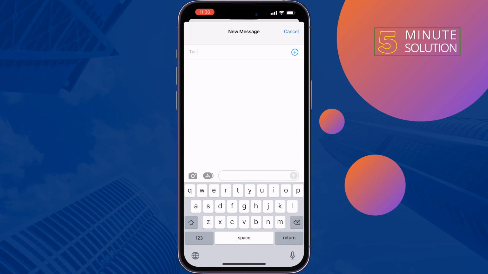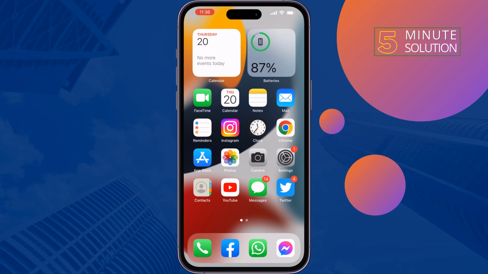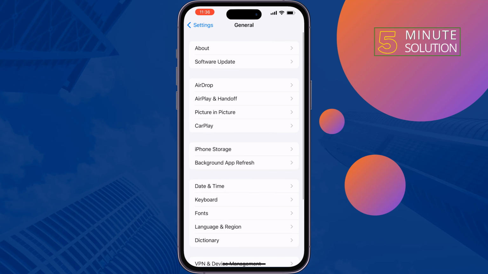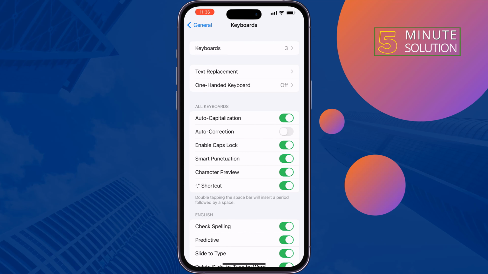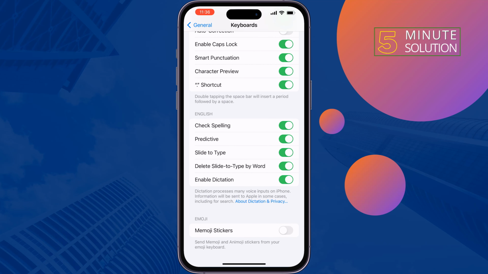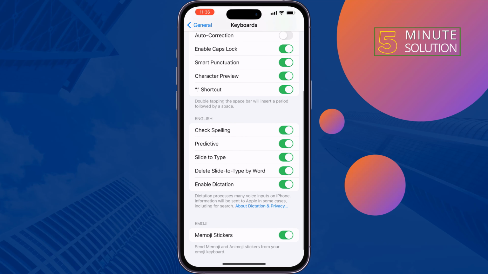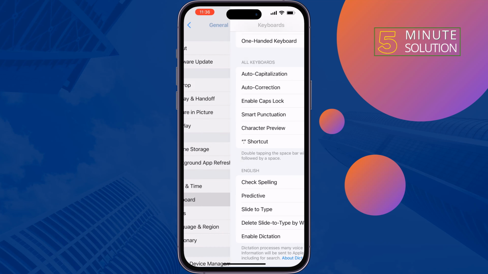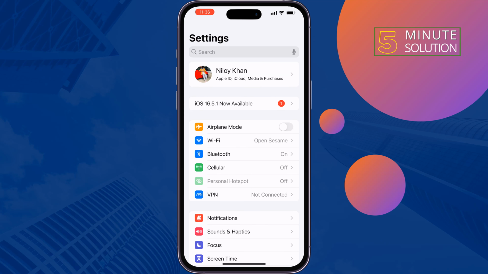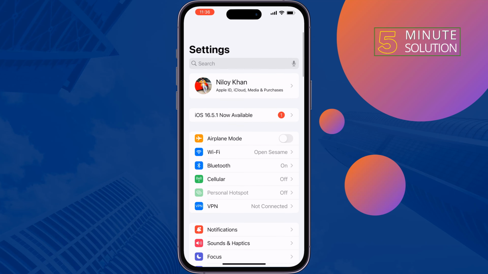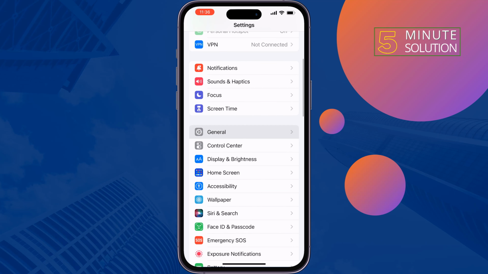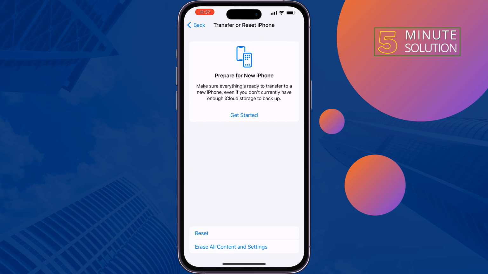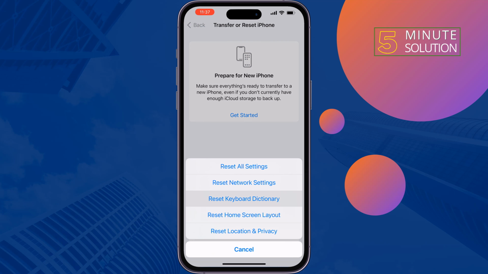So the first solution is go to your iPhone settings, tap on General, Keyboard, scroll down and enable Memoji stickers and enable all of these options. Then check the issue, and the second solution is go to General, scroll down, transfer or reset iPhone, reset keyboard